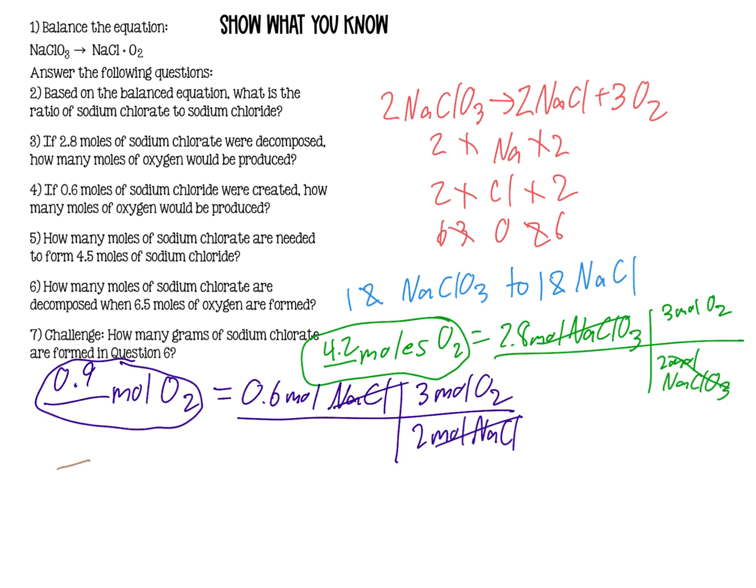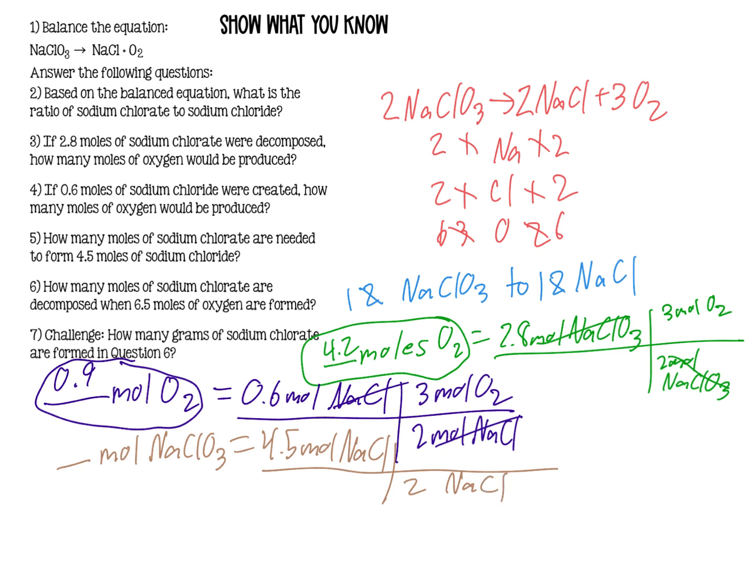For problem 5, we're going to figure out how many moles of sodium chlorate are needed to form 4.5 moles of sodium chloride. Once again, we're going to set up our ratio so that the sodium chloride cancels out. So we need 2 sodium chlorides on the bottom and 2 sodium chlorates on the top. If you'd like, you can use the ratio of 1 to 1 instead. Either way, when you multiply by the top numbers and divide by the bottom, you will end up with 4.5